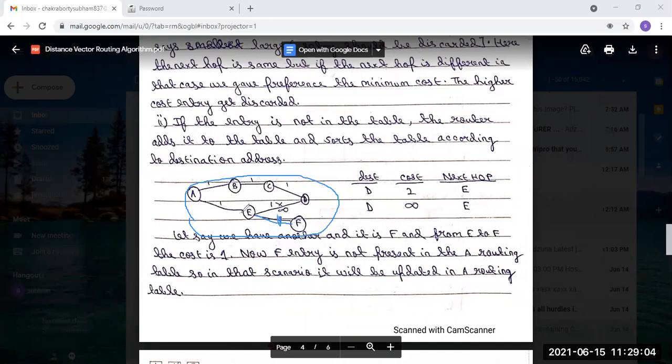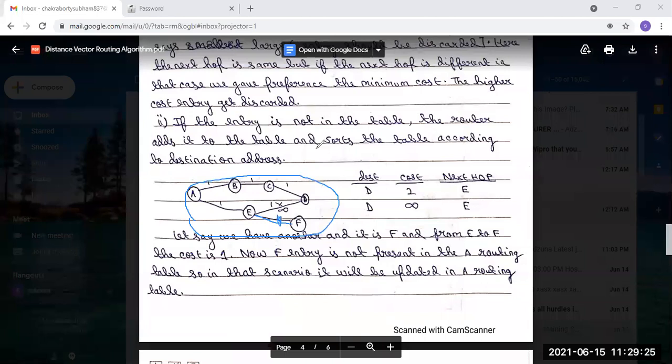So now this update will be done by A, and it will modify or update its own routing table and include all the information about it. That's how, if the entry is not found in the table, the router adds it to the table.